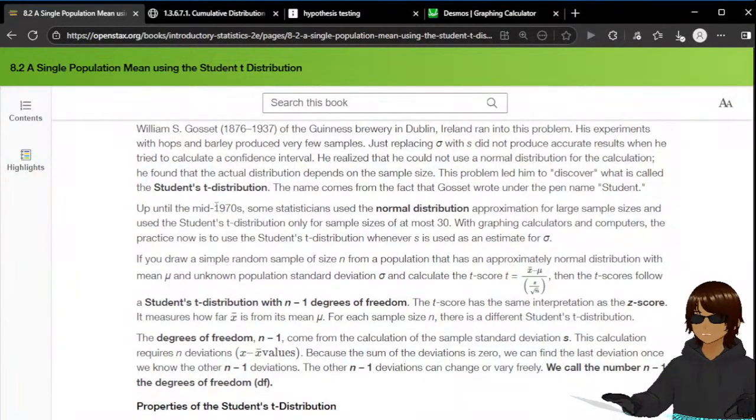Up until the mid 1970s, some statisticians used the normal distribution approximation for large sample sizes and used the student's t distribution only for sample sizes at most 30. With graphing calculators and computers, the practice now is to use the student's t distribution whenever S is used as an estimator for sigma,